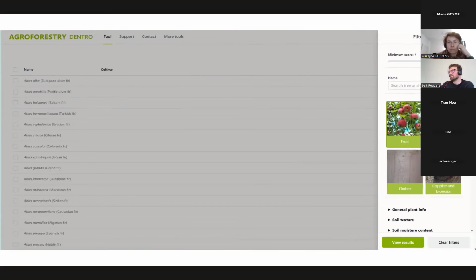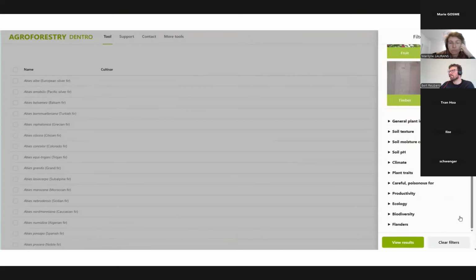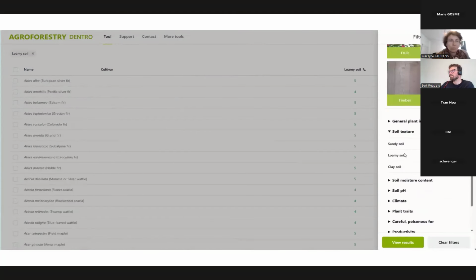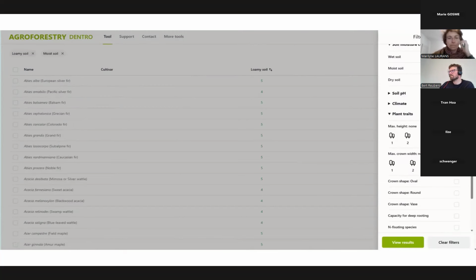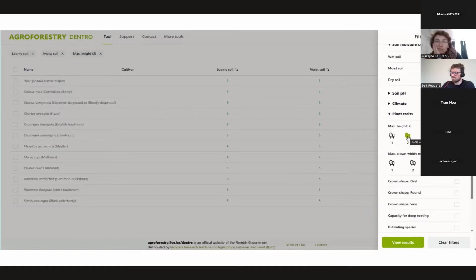Here you have the same buttons again, like the previous version. And here you can again click on certain characteristics. Sometimes there is a specific legend to a certain parameter, and then there's this information button where you can get a pop-up with an explanation of the legend. So 1 would mean a maximum height of 0 to 5 meters or 6 to 10 meters. So I can click on it, and then you can see that it's being processed on the left.